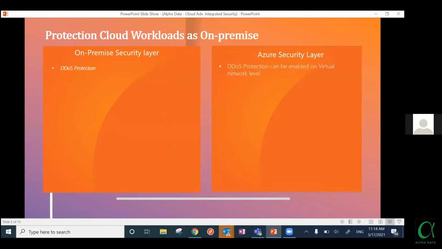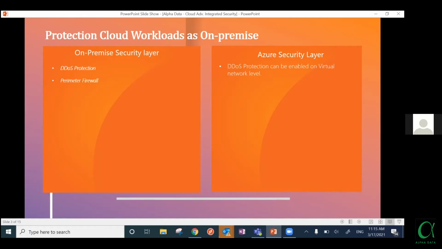but you also have a DDoS protection layer enabled at the virtual network level in the Azure cloud. This is a native solution of Azure, a standard DDoS protection. But if you don't want to use that, if you want to go into more detail and go with the infrastructure as a service model, then there are third-party products in the Azure marketplace that you can use for DDoS protection. I'm not going to name any vendor here, but I would say there's a network virtual appliance available that can enable you to have a DDoS protection similar to what you have on-premises, if you don't want to go with the native solution of Azure.